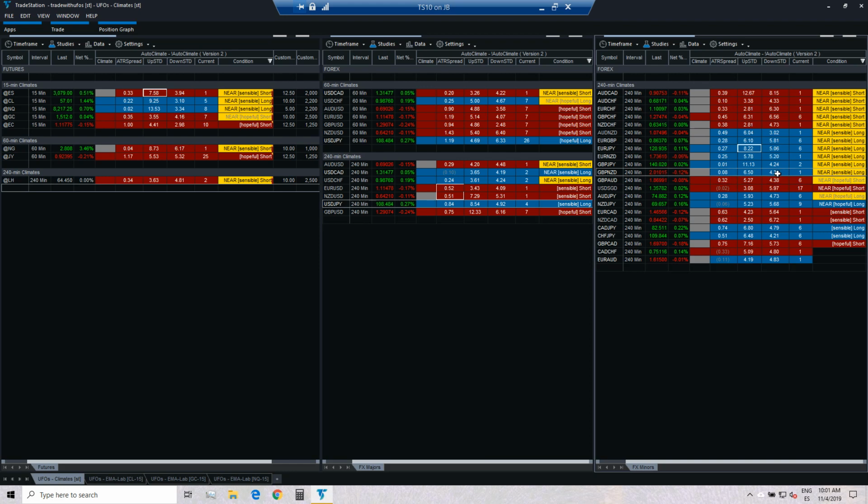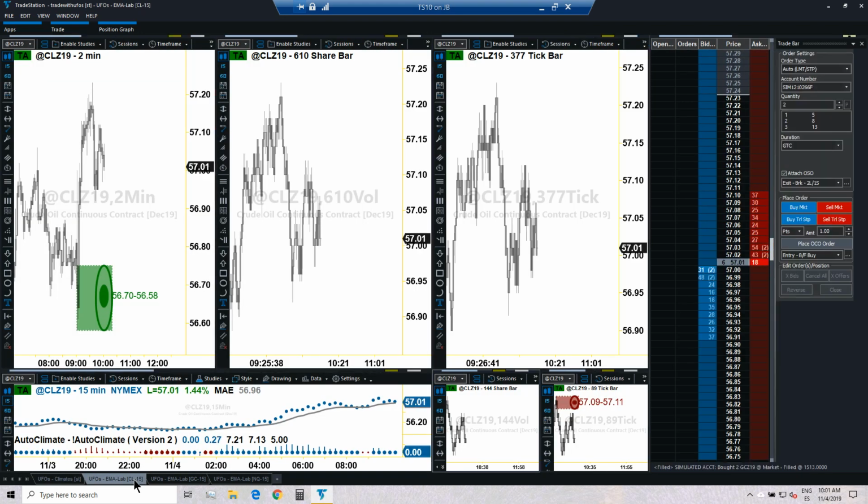Okay, so what else? The Beast, we look at it. The Aussie Yen, that one is hopeful. Yeah, so I guess we went to the end of the list. Okay, so the last thing I'm going to do, just in case we were to find another opportunity, is look at crude oil one more time. So 57.01, nothing there. So no crude oil.